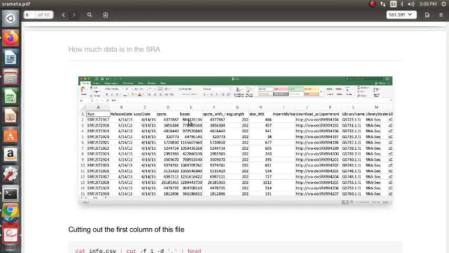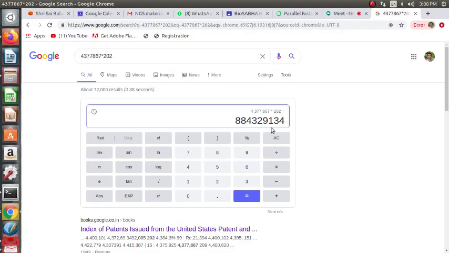The number of reads is like the rows, and one spot is like one column, where one base occupies one spot. So 4377867 times 202 will give us this number, 88432934, exactly as we got it here.